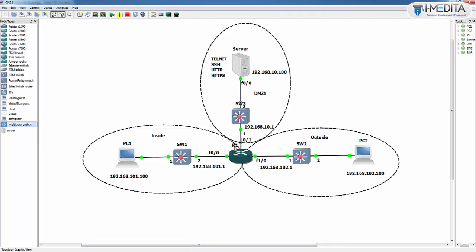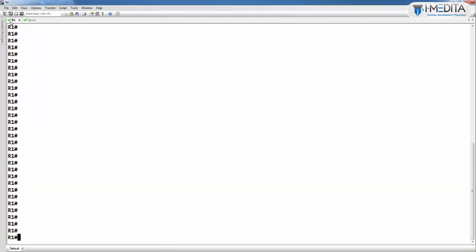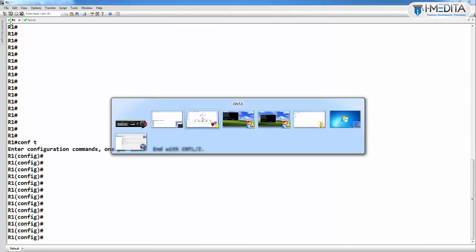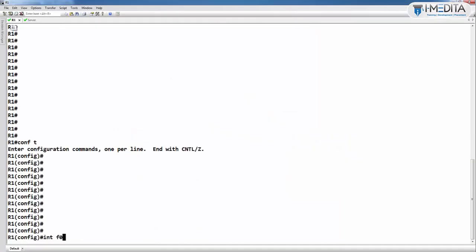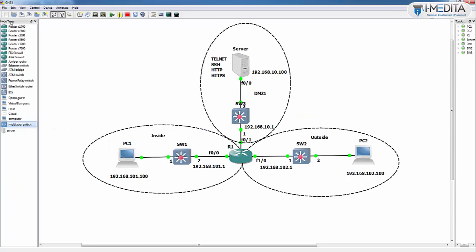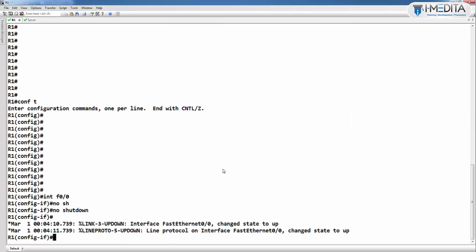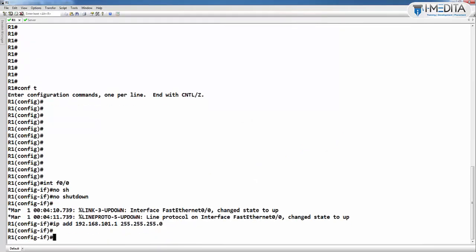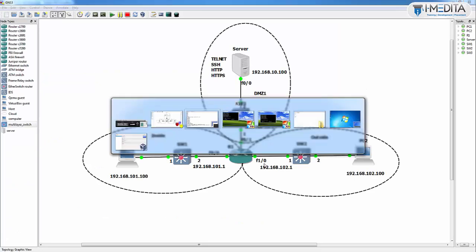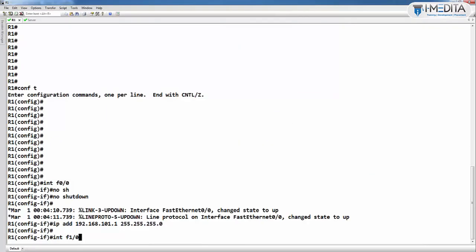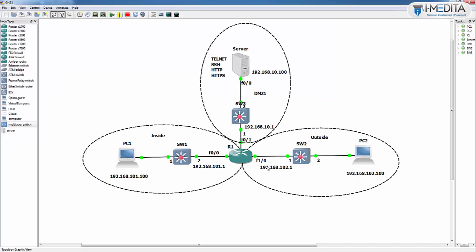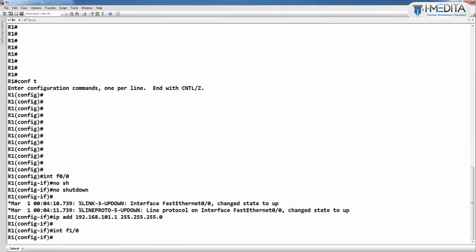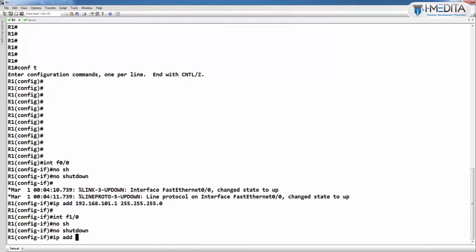Let's come to R1. R1 F0/0 and its IP address 192.168.101.1. Then 0/1. This is 1/0. Now no shut, IP address